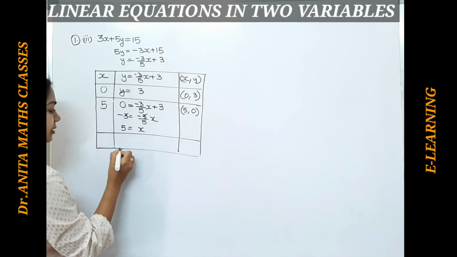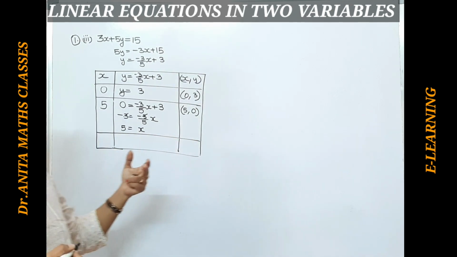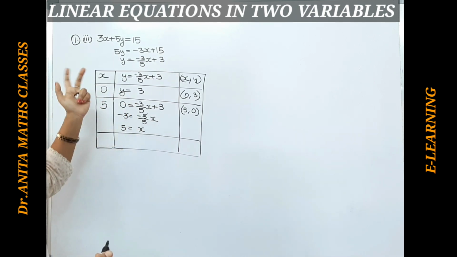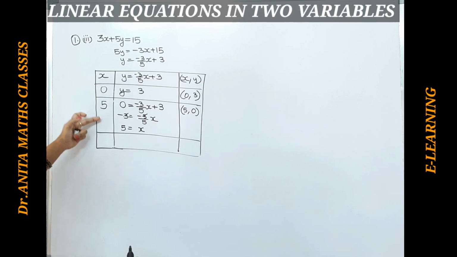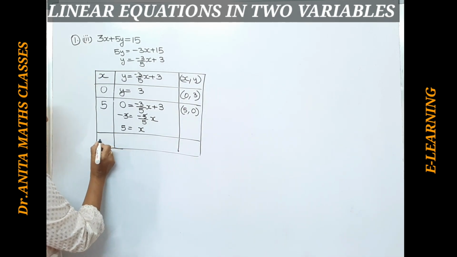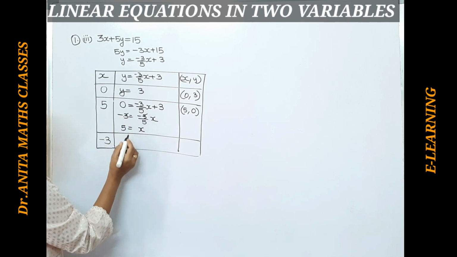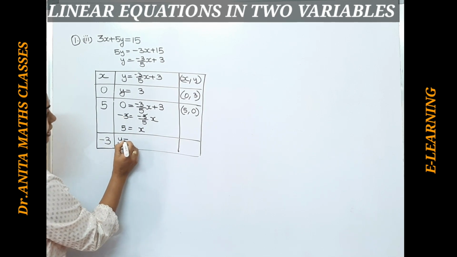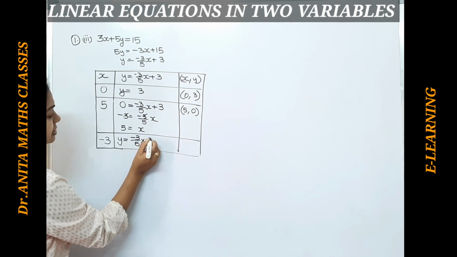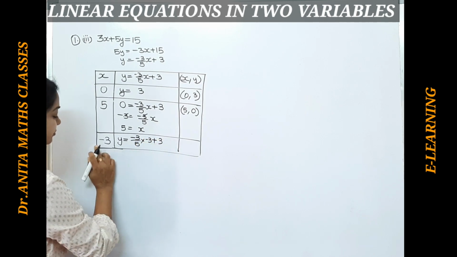Let us take another point. Minimum 3 points if you take, we can get easily the graph. More than 3 you can also take. Here first I have taken x value 0, then I have taken y value 0. For any values you can keep for x, okay. Now let me take x value as a negative number, we'll take minus 3, suppose. If the point comes, we will see minus 3 by 5 into minus 3 plus 3, okay.